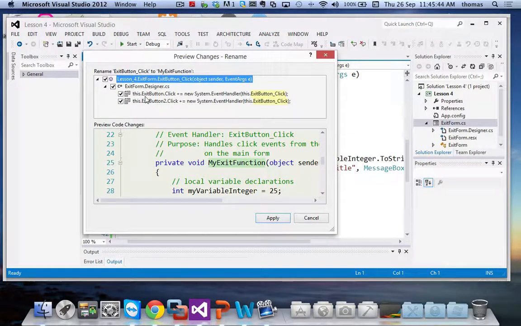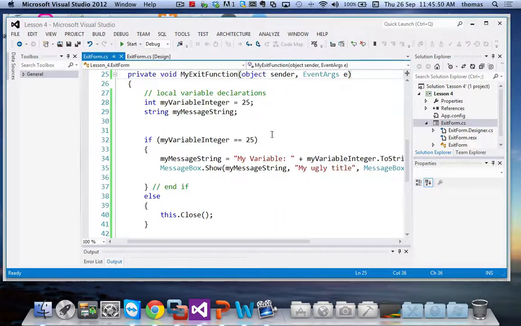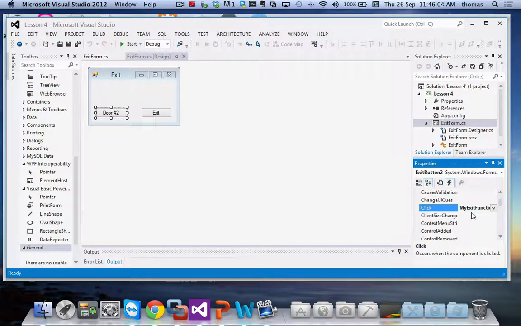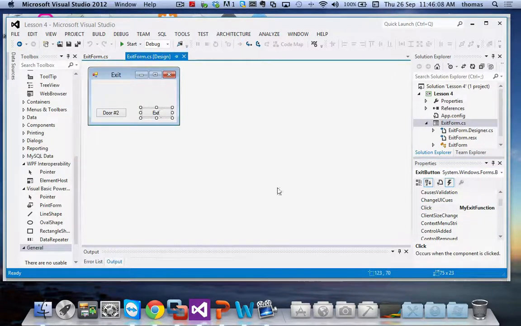This all happens in the designer, so it's going to change my associations as well. If I press apply, it changes the name of my function. Here it is right here. Now it's called my exit function instead of exit button click, something that makes more sense. And if I go back here, it reassociates it on the design side as well. So both the exit and the door number 2 buttons that I created both point to this new my exit function